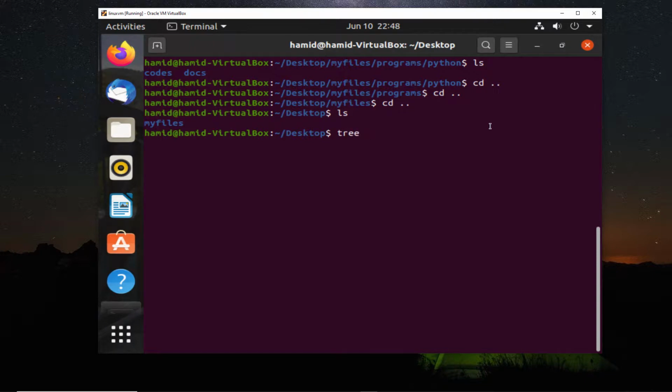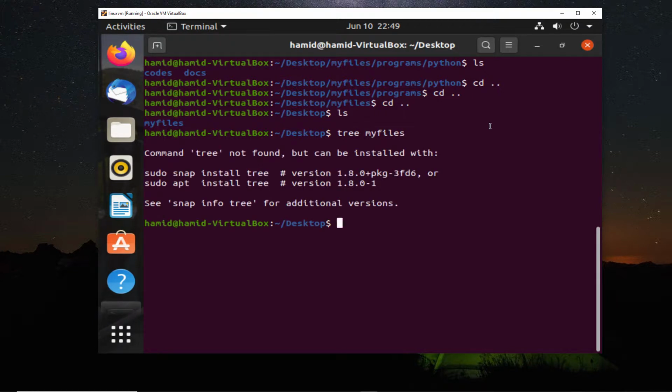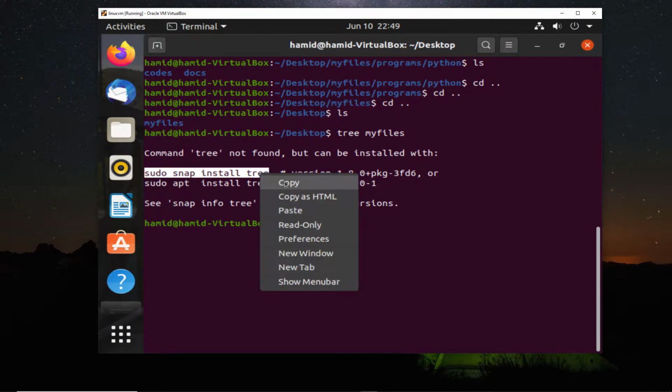And as I told you, I'm not sure if this program has been installed or not. If it's not installed, we'll install it. I will show you how to do that. We write tree and the folder, my files. All right, let's see quickly. Unfortunately, it's not installed, but it will give you the command to install it. So just copy this, copy,